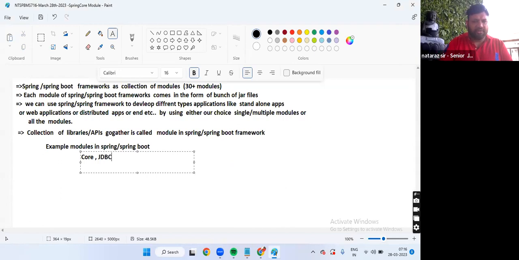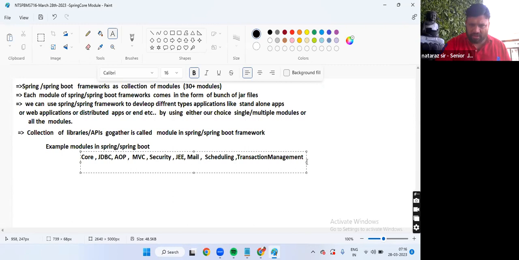Core module, JDBC module, AOP module, MVC module, security module, JWE module, mail module for mailing operations, scheduling module, transaction management module, messaging module, and etc. Many are there, boss.